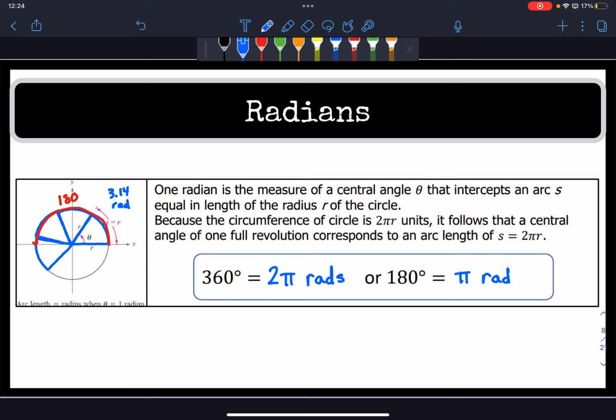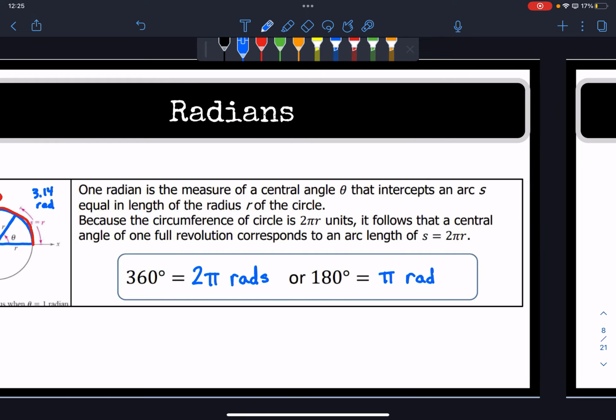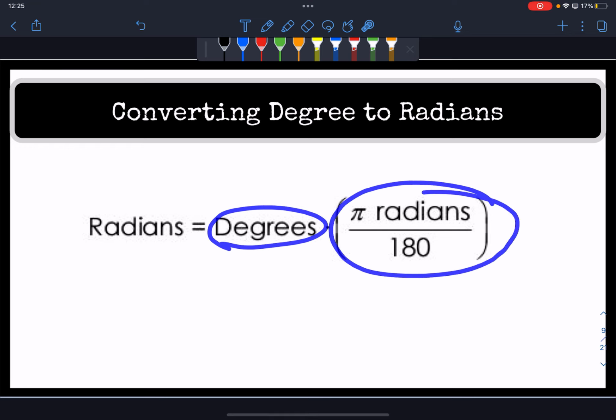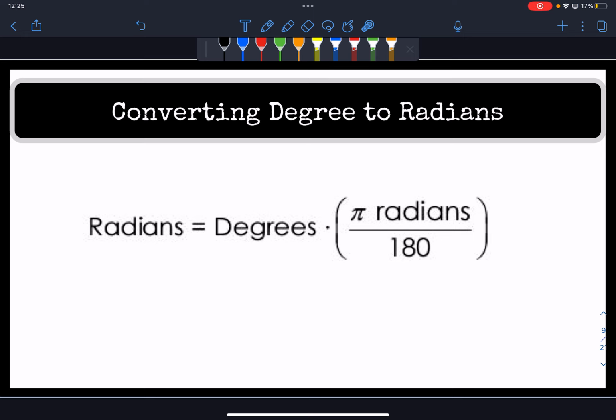And to convert from degrees to radians, I would multiply by pi over 180 or 2 pi over 360. So for example, let's say we want to convert from degrees to radians. So that's going to require us to get the radians. We're going to do that by getting our degree measurement and multiplying it by pi radians over 180. So for example,